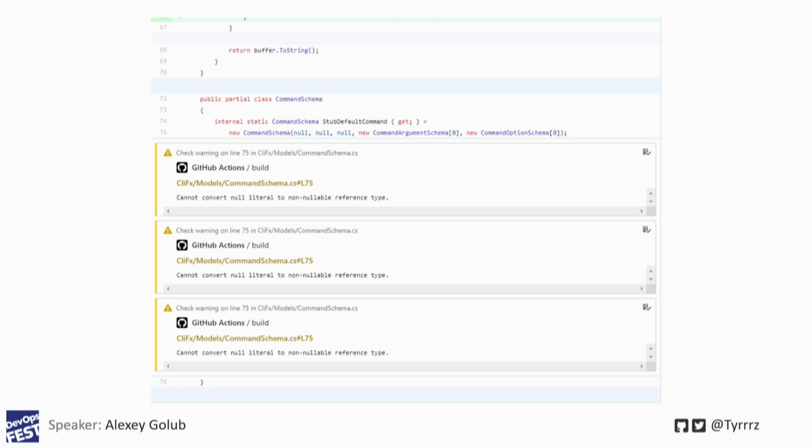But there are still warnings I can look at, and I can see that there is a no literal path to non-nullable reference type. I can see that it happened on this specific line 75, and I can see it in the diff view. So it's really useful. And the way it works is that there is a special format for output that you can use that GitHub Actions will be able to parse and then put it in the website in such a nice presentation. But here it works in a slightly different way.